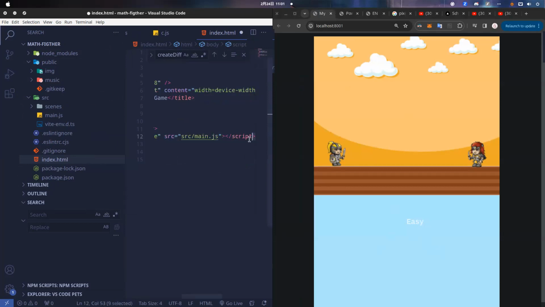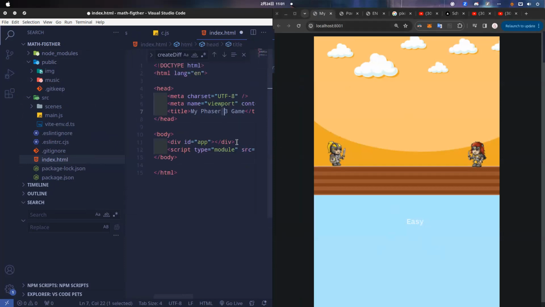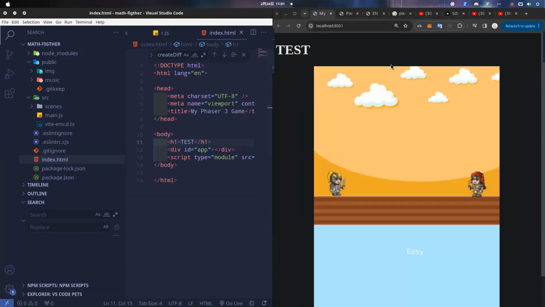We want to render this one, and you have the title. You can change it, or you can add inside this one, like, tasks. If you see, I have tasks inside the browser because I added this h1 tag.